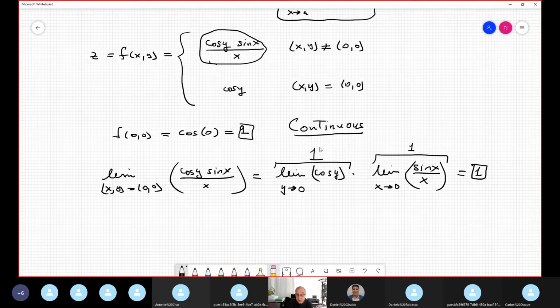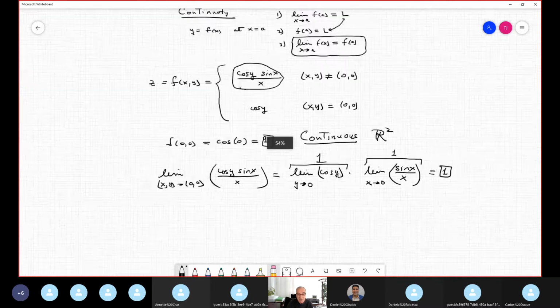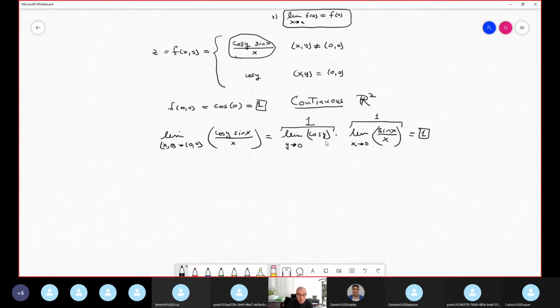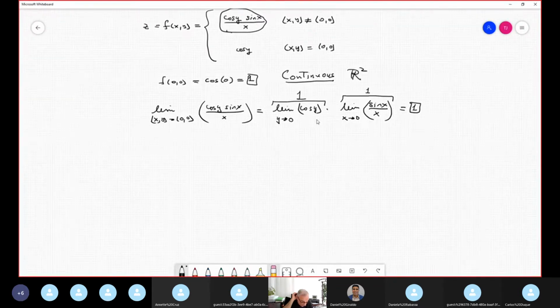In this case, it is continuous at all real numbers, so it's R2, because the only critical value where it may be discontinuous is 0, and I proved that it is continuous. So continuity is no big deal because, for example, when you have several functions, F and G